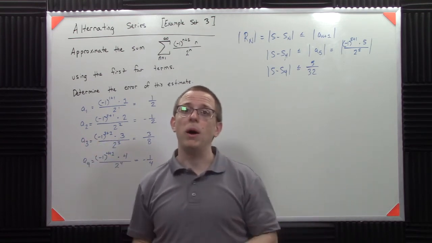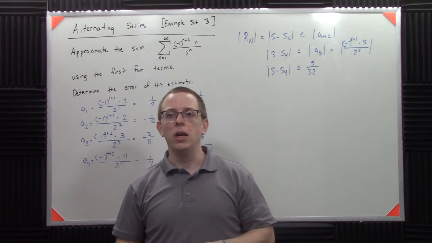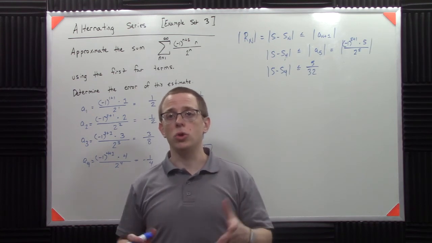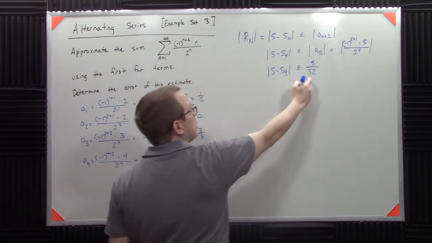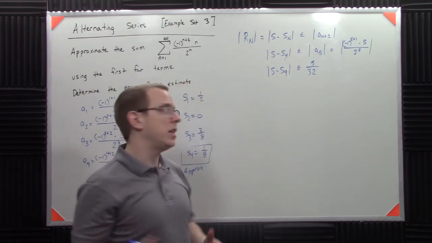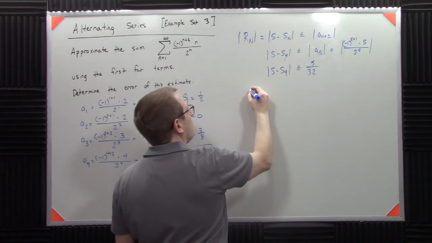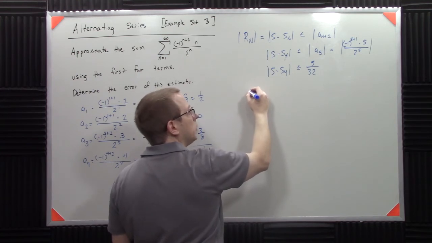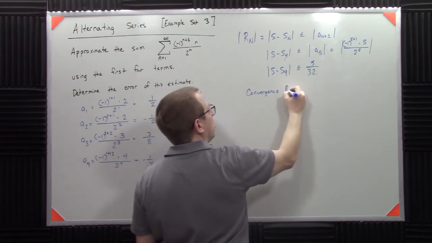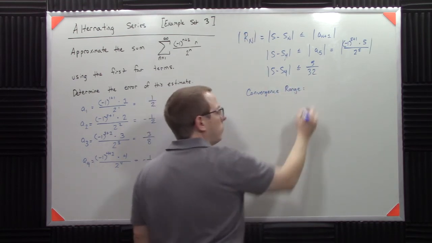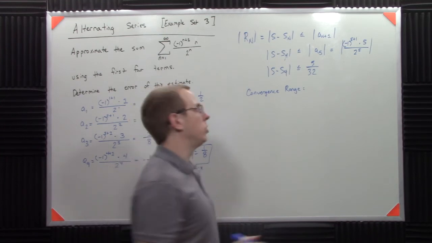It tells me my approximation is pretty terrible right now. We'd have to generate several more terms to get it to converge to something meaningful. So since the error is within 5/32, my error, or what I'm going to call convergence range, sometimes it's like a radius of convergence or whatever,